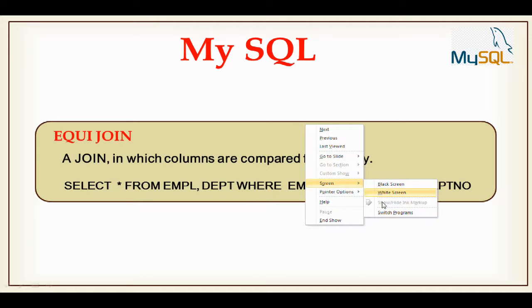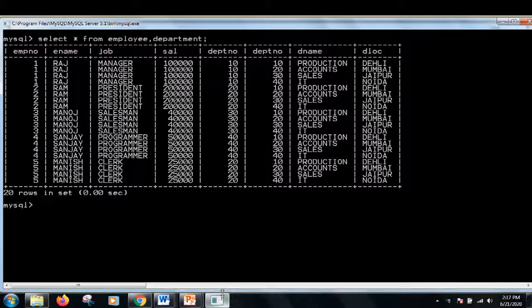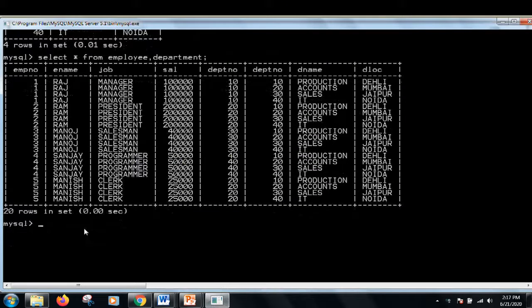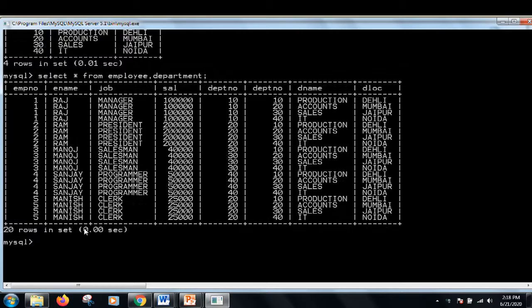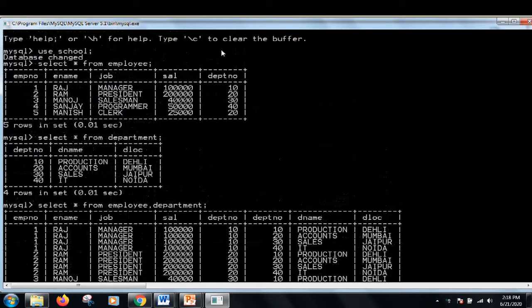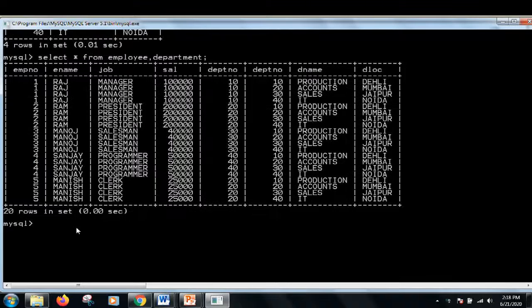Now again I am moving to our tables, employee and department. See here, what I am doing is teaching you the equijoin query. This is the query in which we are comparing for equality. We will try to find a common column between these two tables. Here department number is the common column. Now if I put a restriction on that, so that only those 5 records come in my table, I can use the where clause.